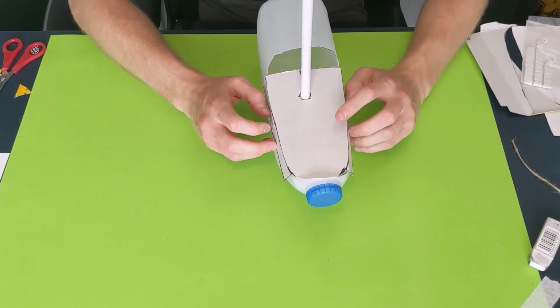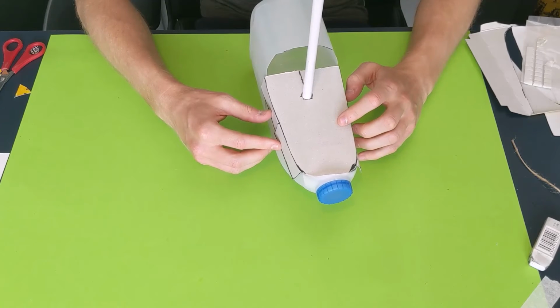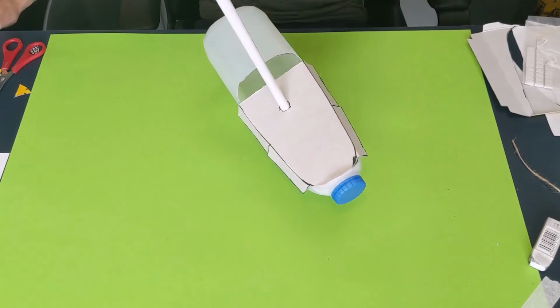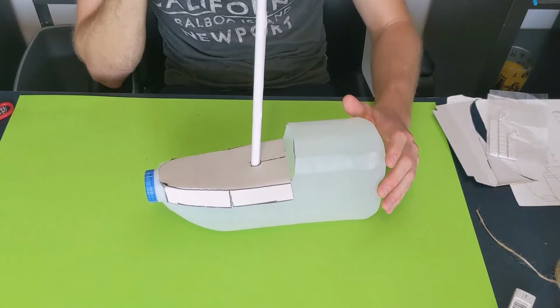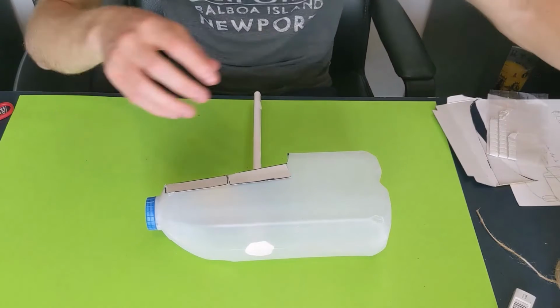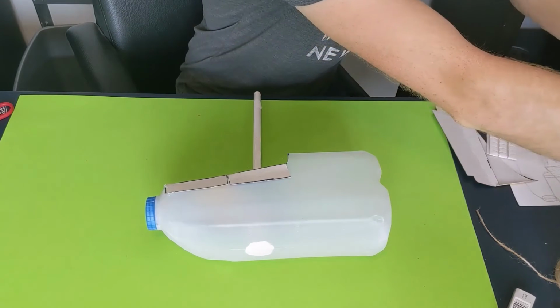Now if you have PVA glue, I would put some PVA glue under there first, then tape down the sides. If you don't, you should just be okay if you tape them, as long as you do a good job of taping them. So I'm going to do that now. Okay, so I've popped a little bit of PVA glue underneath here, and you can either leave it to dry overnight, or you can go in with some tape and tape over the top, and you should be alright to